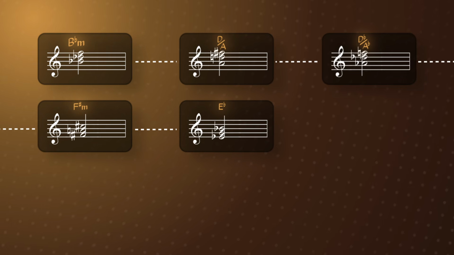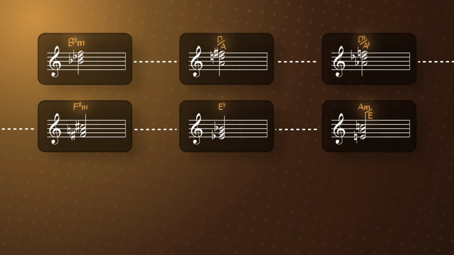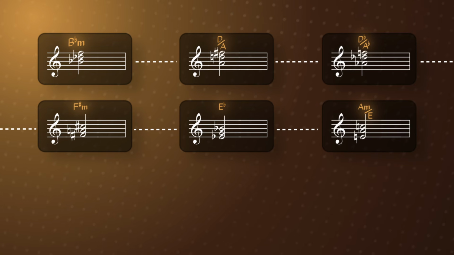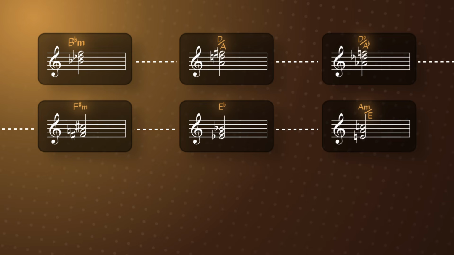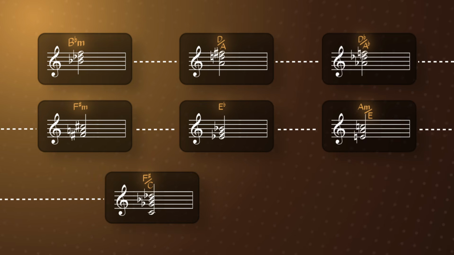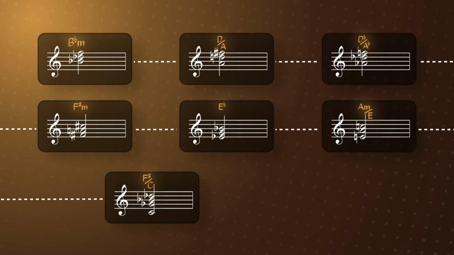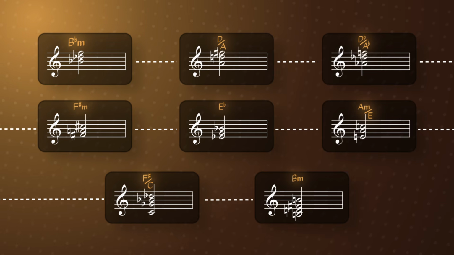We then walk up to A minor over E. So now we're going from E flat major to a minor chord, major to minor, to A minor over E. So another Danny Elfmanism. And then we finish the last moment before we change keys to F sharp major. So we end on F sharp major over C, resolving to our new key of B minor. Now this moment right here is not particularly a Danny Elfman moment, going F sharp major over C. This is my kind of sound. But this whole movement transition still creates that dramatic flair and color that Danny likes.